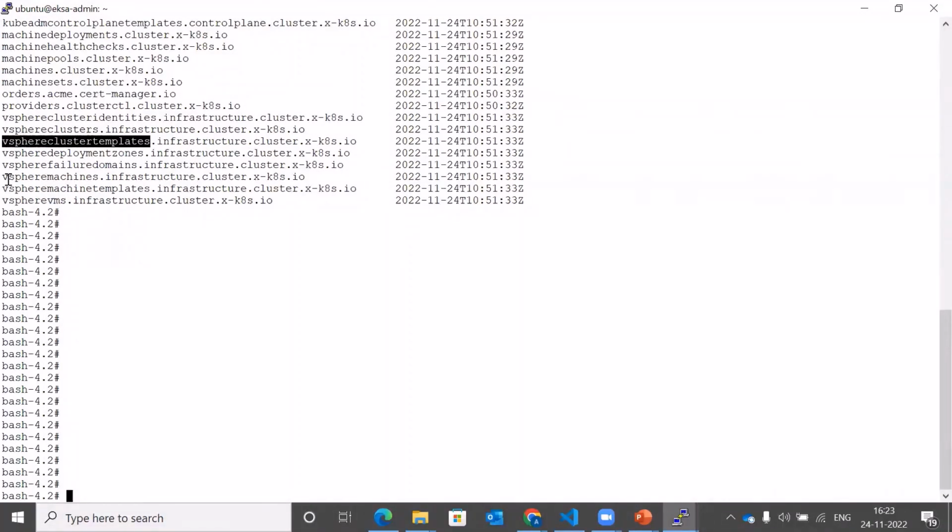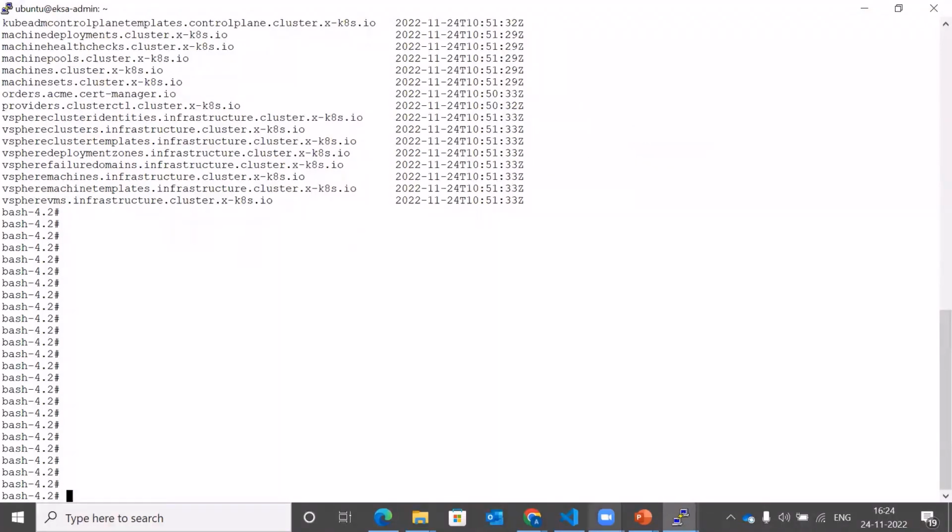Also, all of these vSphere machines included. So all of these are now CRDs, and these then become a sort of resource request to vSphere. We'll look at these CRDs in slightly greater detail, but for now, understand that